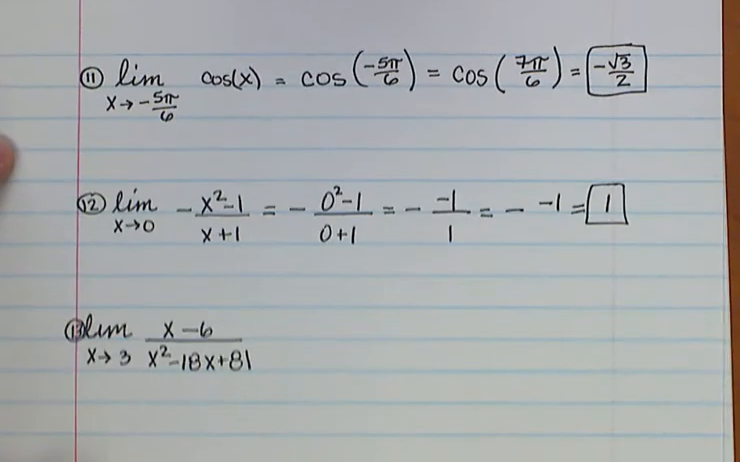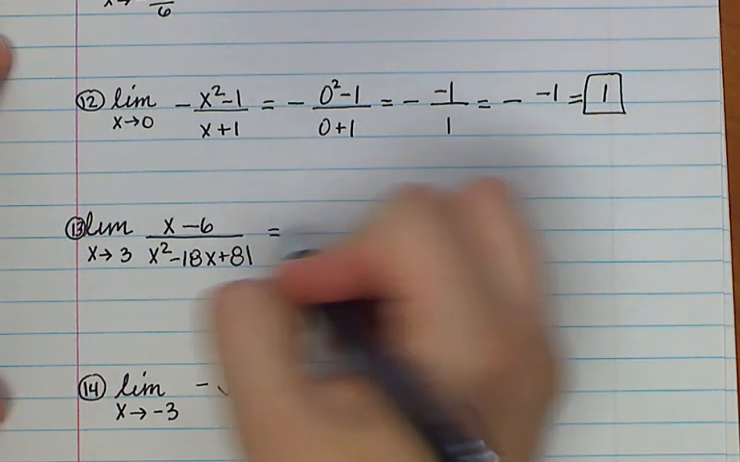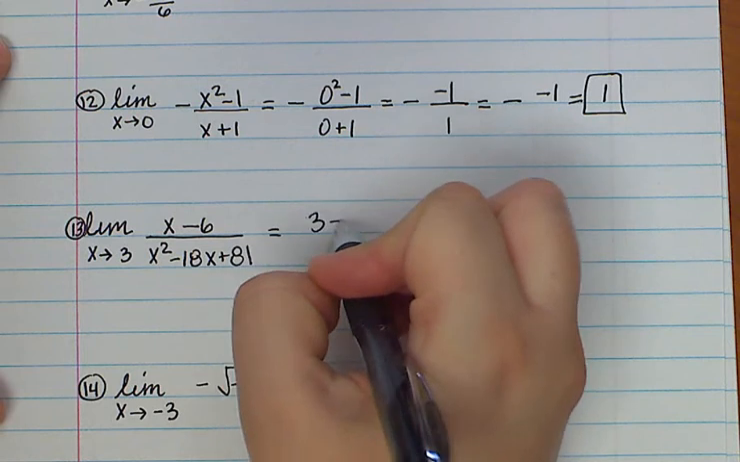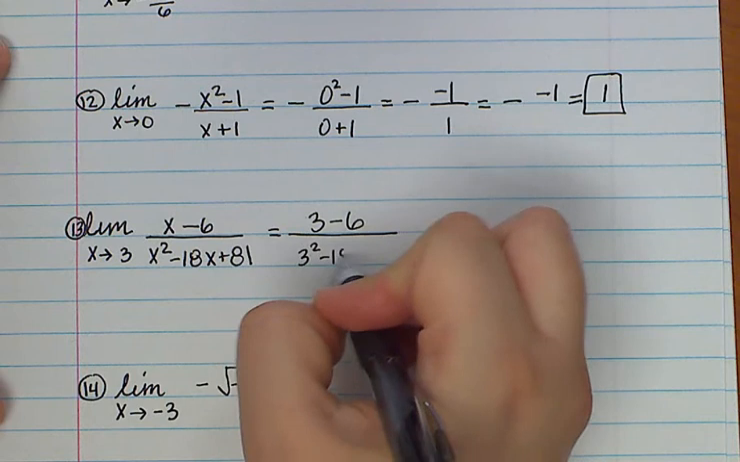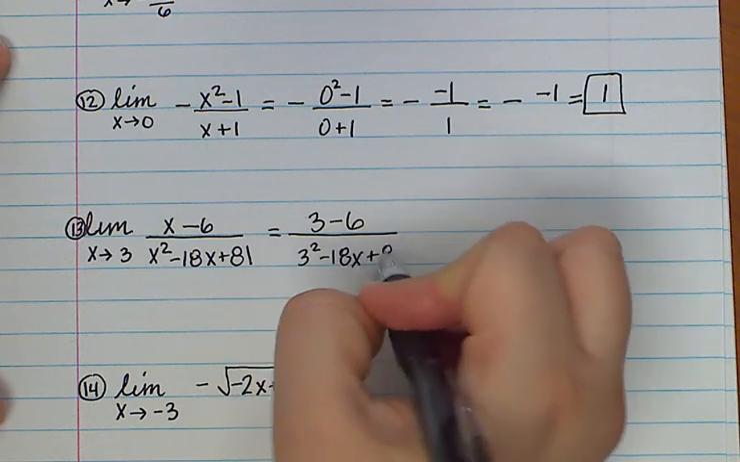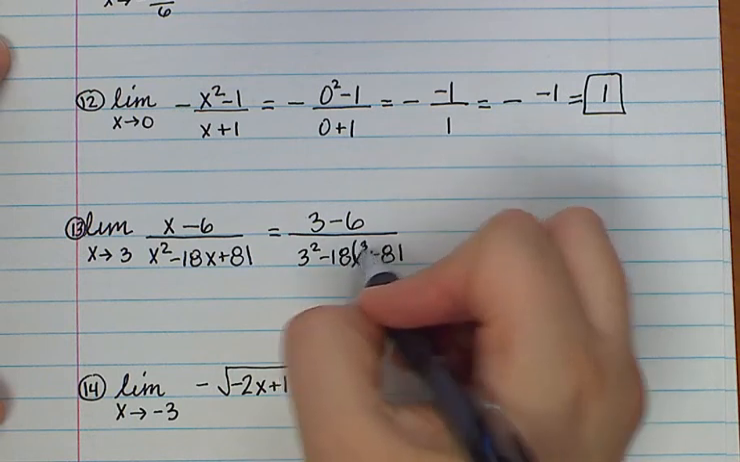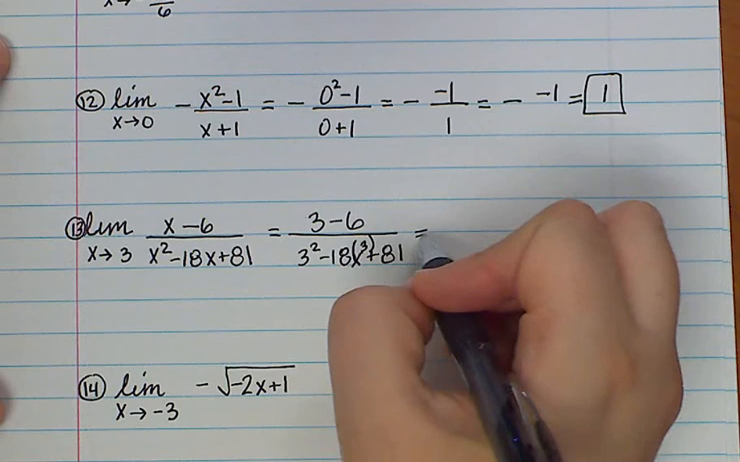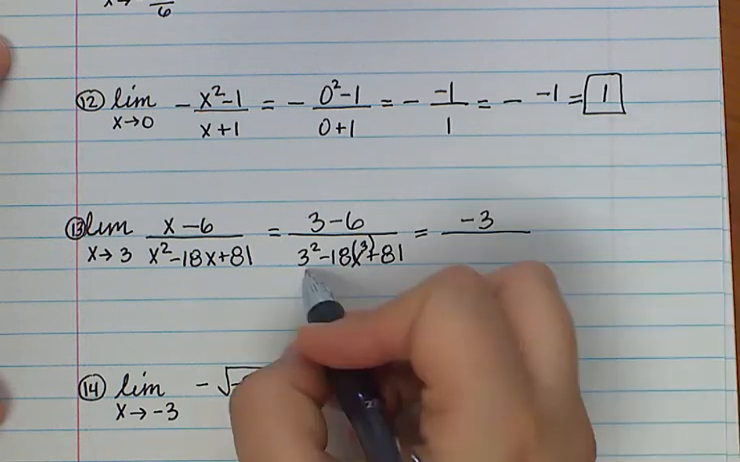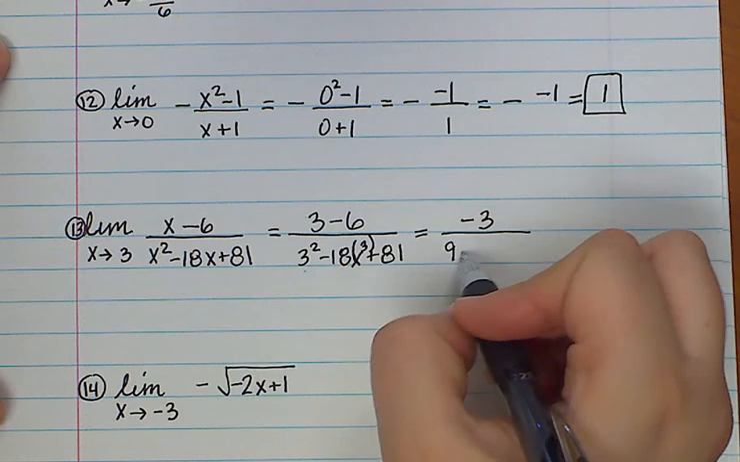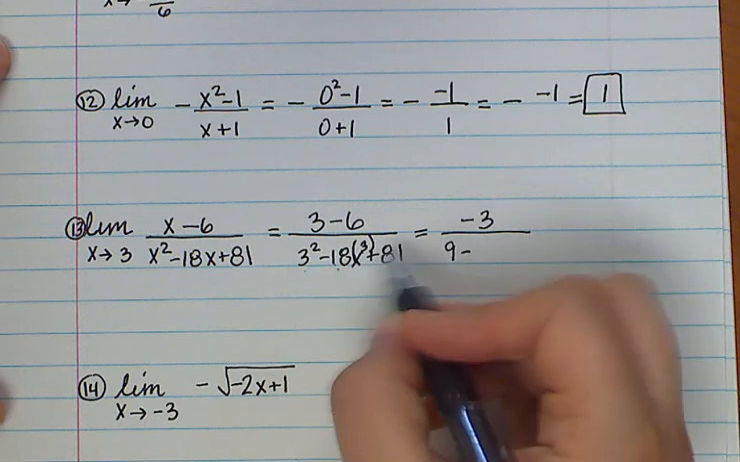Let's take a look at number 13. Again, we're going to try direct substitution first. So I have 3 minus 6 on the numerator and 3 squared minus 18x plus 81. Oops, instead of an x there, I meant to put a 3. Sorry about that. So 3 minus 6 is negative 3. Now on the bottom I have 3 squared, which is 9. 18 times 3, that's going to be 30 and 24, so that's 54